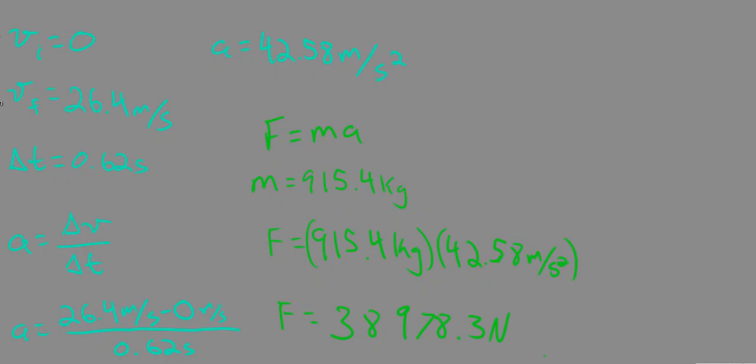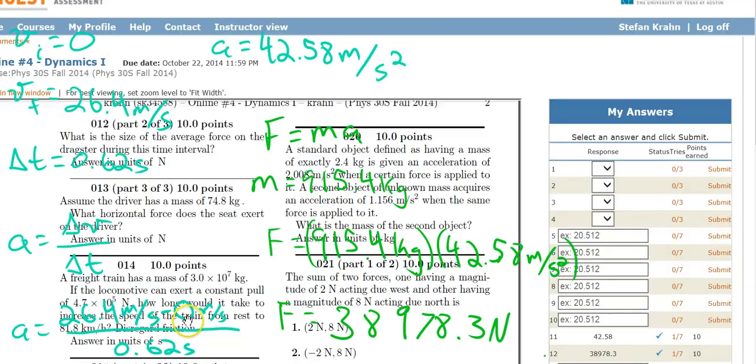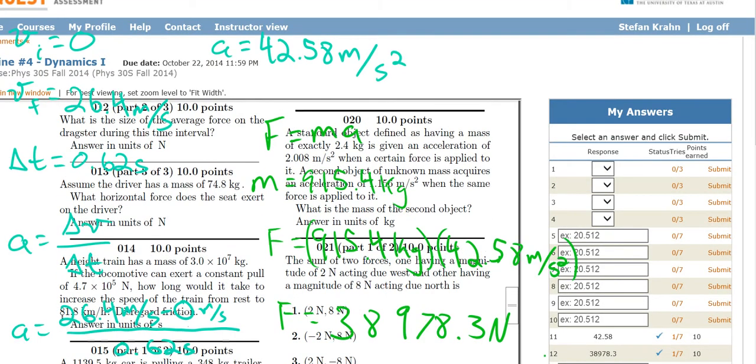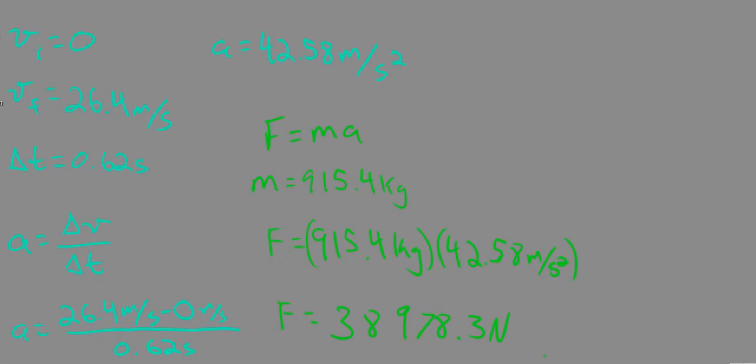it says it's wondering if you have the mass of the driver, what is the force of the driver from the car going to be? Now you kind of have to read over this. Assume that the driver has a mass of 74.8 kilograms. What horizontal force does the seat exert on the driver? So for this one,